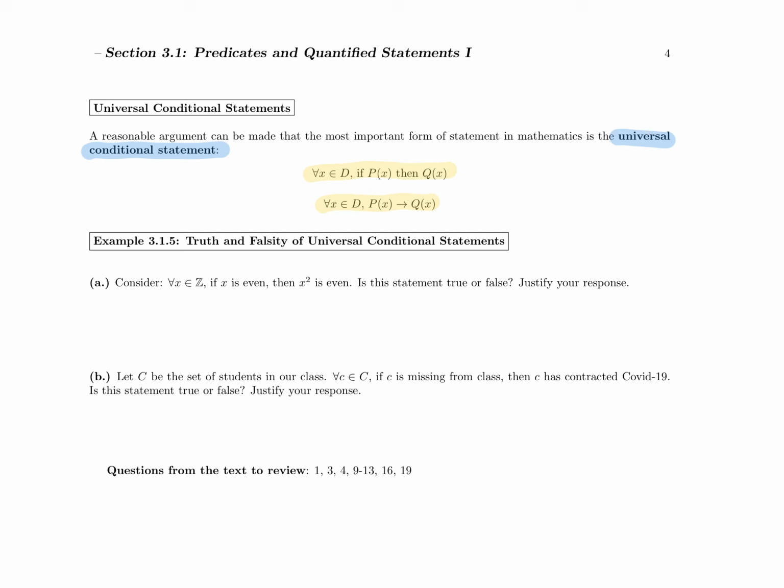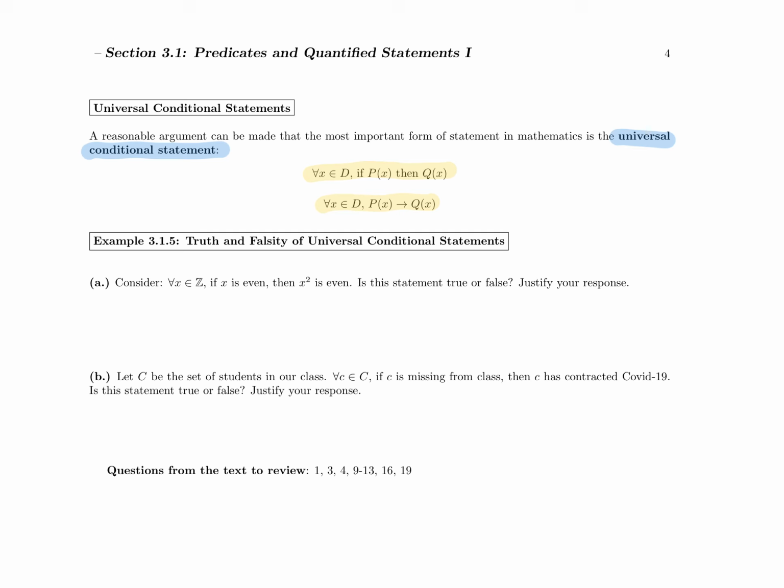So what we would say is that x needs to be an integer, and we need to say that x squared means that x is multiplied by x. And an even number multiplied by an even number is still even. And we can say that because every even number is a multiple of 2. We have multiple ways we can do this, and we're going to find better ways to show that this is true. And you can see where things get very complicated when we get onto an infinite domain, because now we